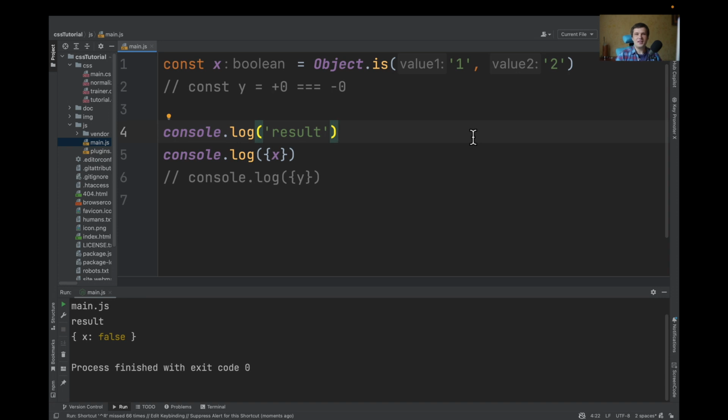Hi, Object.is is a comparison of two values. Think of it as triple equals, just fixed for the numbers. If we compare, for example, two values 1 and 2, the result will be false, the same as with triple equals. Where it gets interesting is if you are passing +0 and -0,